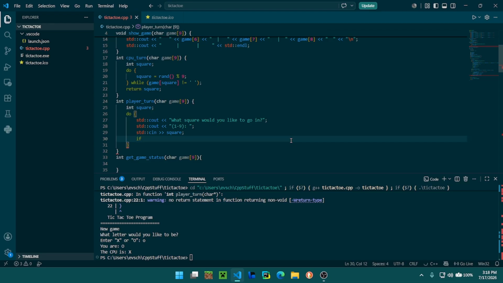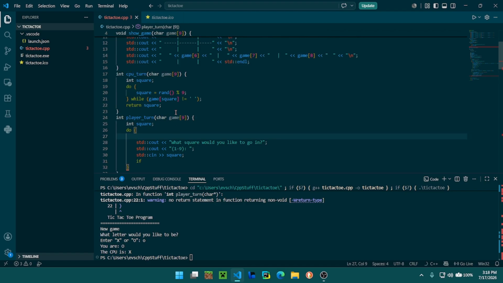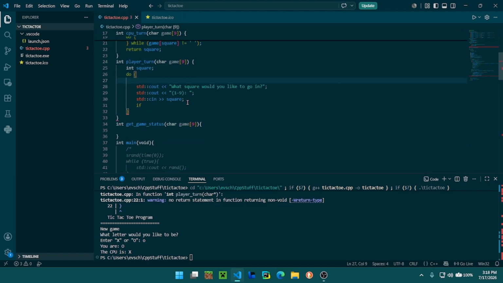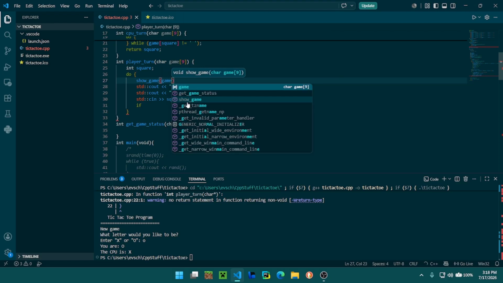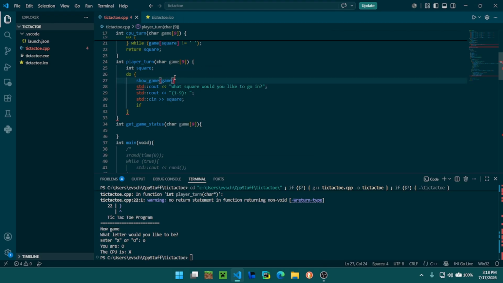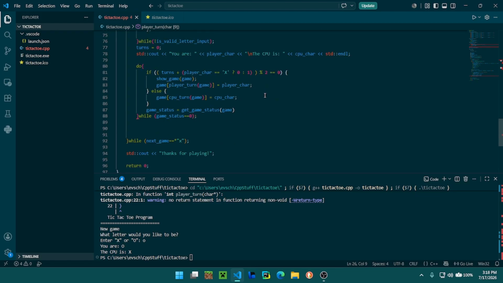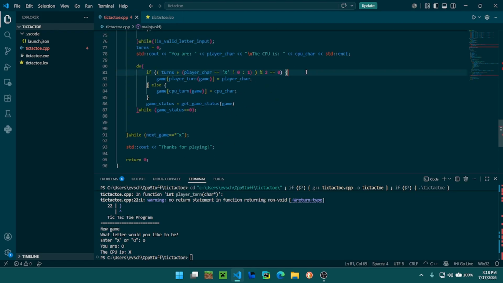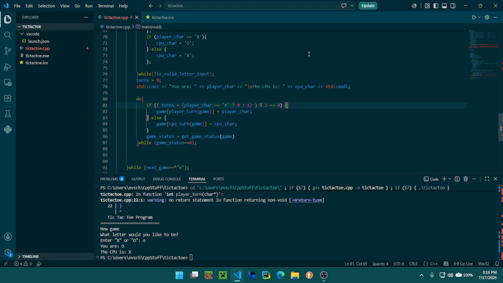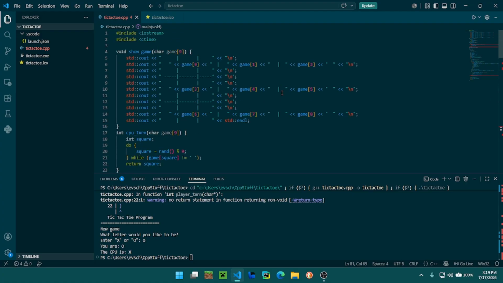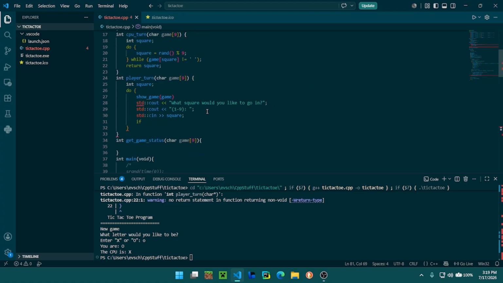If actually, let's just add show game. And let's delete this. I don't know if that's more readable or less readable, but I'm gonna do it. And